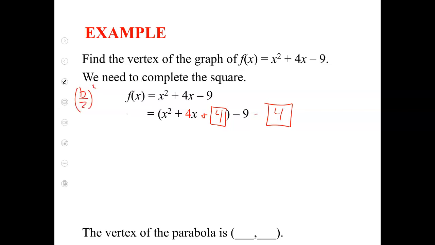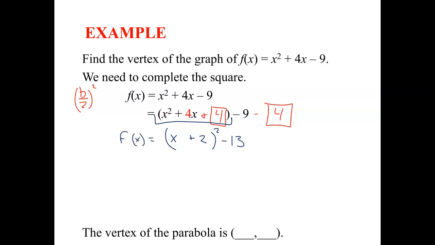Now, when it factors, what does that factor to be? So we're going to have x something squared. What's it going to be? It's plus 2. Good. And then -9 minus 4. Okay. -13. So now that we have it in vertex form,